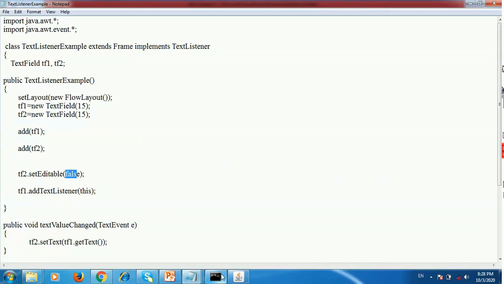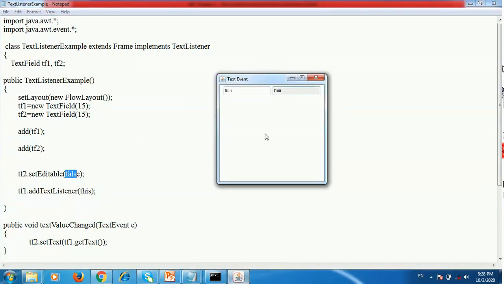False means text field 2 is not editable. And using tf2.setText(tf1.getText()), text field 1 is automatically copied into text field 2. This is the sample program of the text listener interface.